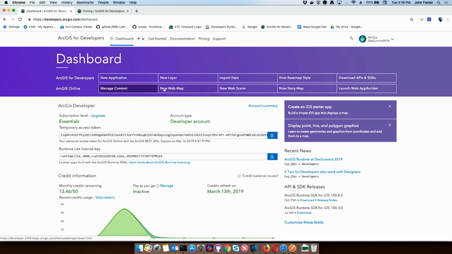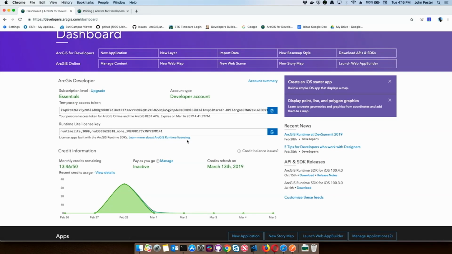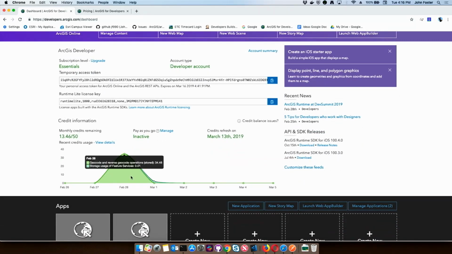So you get access to all of our development tools. Everything is available for you. You get access to a runtime license key, so you can develop and deploy runtime on the light level. And now you can see I actually get access to my credit usage in my applications, and I can monitor that and see how things are doing. And you can see under my 50 credit plan, I'm actually using some credits, but I'm well under the 50 credits a month here, and I'm doing a lot of things. I've got feature layers and storage, I've been doing geocoding and routing,